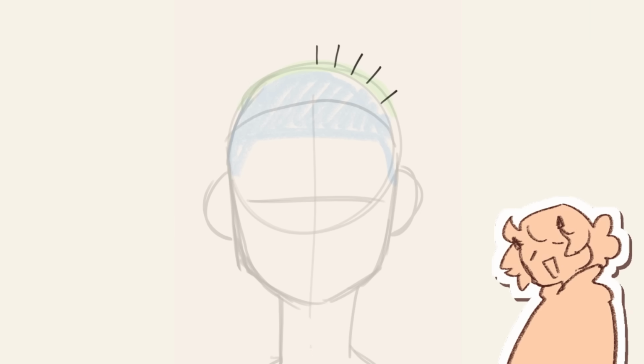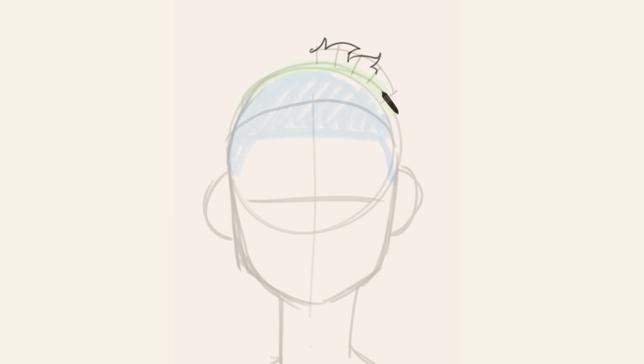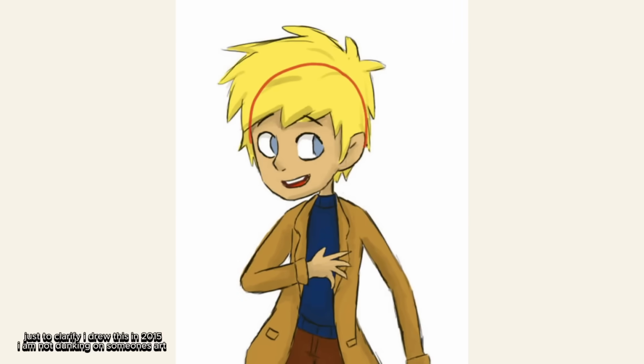So hair comes straight from the skull out, so it'll always come almost straight up. If the hair is longer, it will fall victim to gravity and it will curve like this. Allowing some overall space from the skull is important, but try and keep the hair shape as close to the skull's shape as possible. So the hairstyle has to have this curve following the skull, and you can easily see